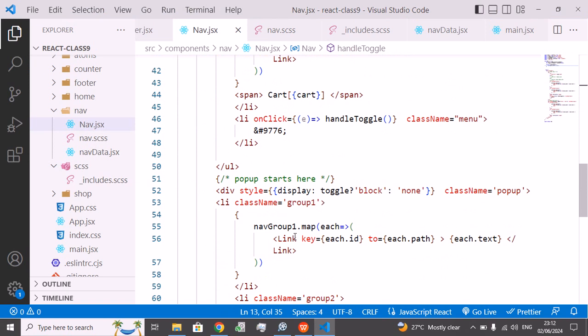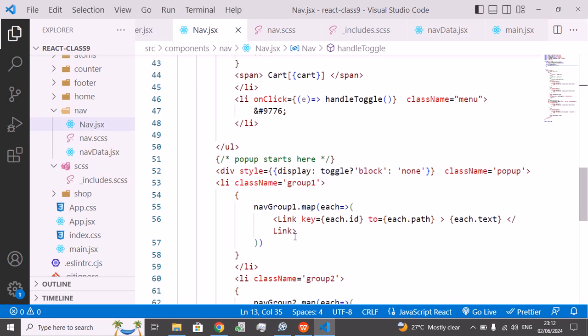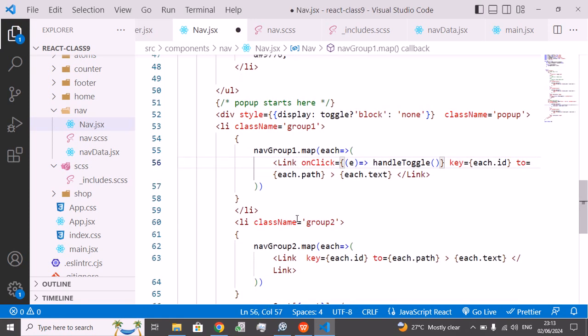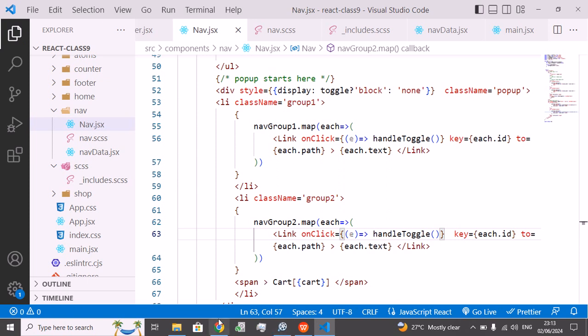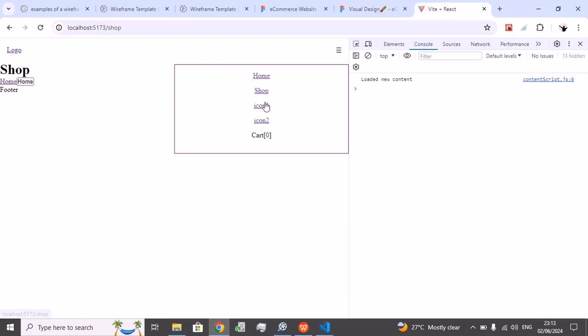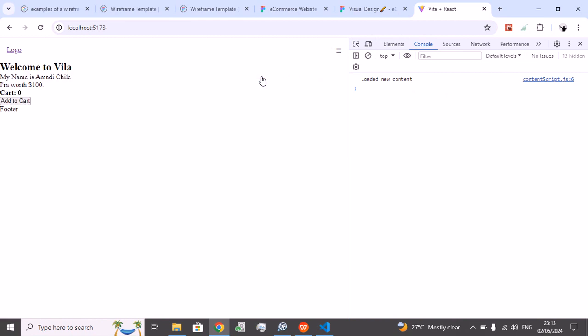So I need to add, so I just copied it to be fast, not to waste time. Ctrl C. I'll come to this point here and add it, then come to this point here too and add it. So if I do that and go back, notice that when I click on home, it disappears